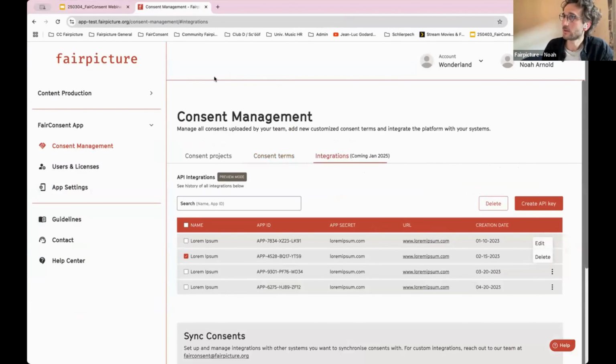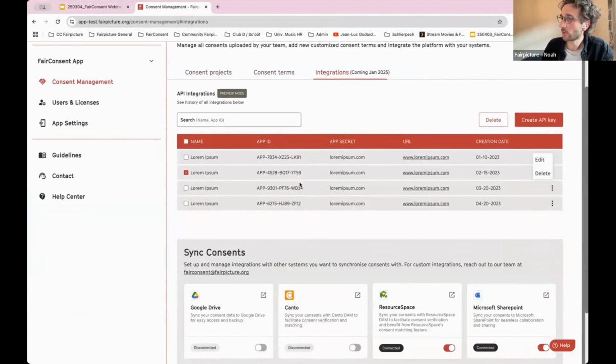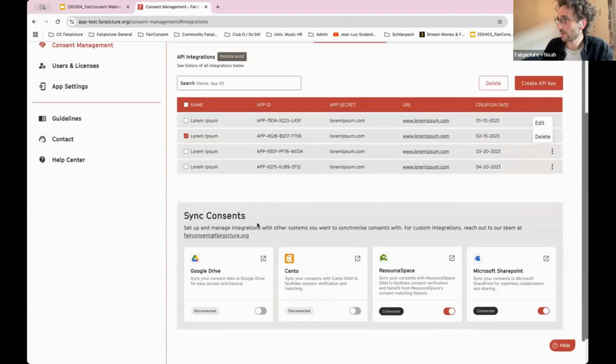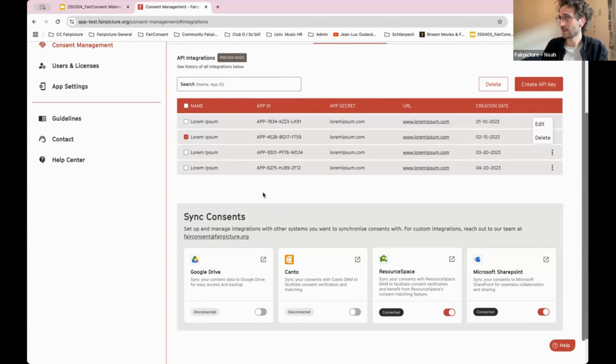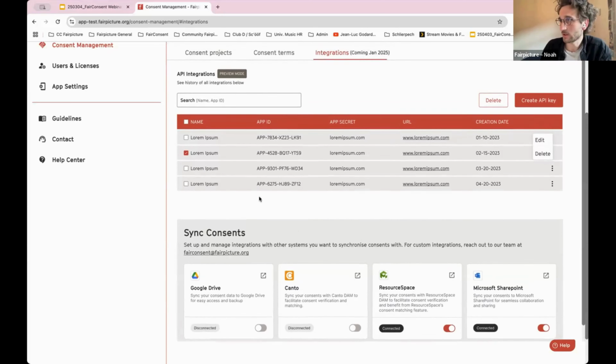So now this is the B2B platform, the consent management platform. I want to show you some features of it. There is now an integrations part where you can integrate different asset managements, but also, for example, Microsoft SharePoint or Google Drive, and connect these systems to the app. This can be done in a simple way, and if you need more custom integrations, then we're also happy to